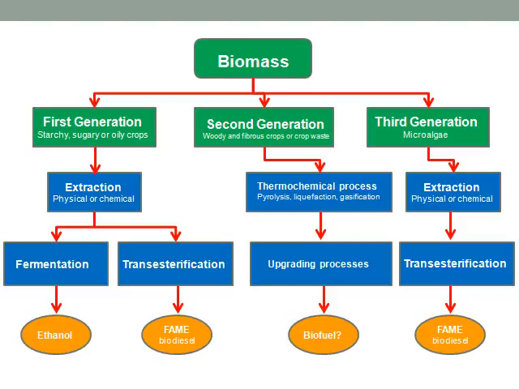Second generation biofuels are generated from woody or fibrous crops, or from crop waste, as you might think of the stalks left over from harvesting corn. Third generation biofuels are generated from the cultivation of